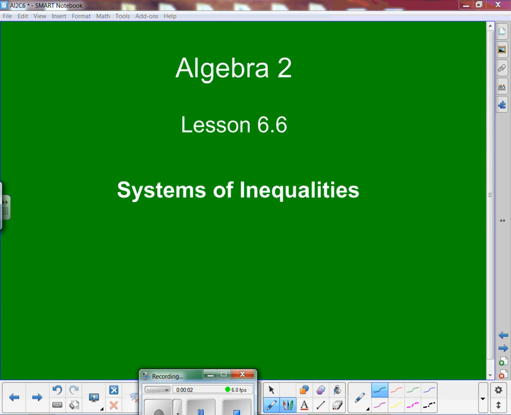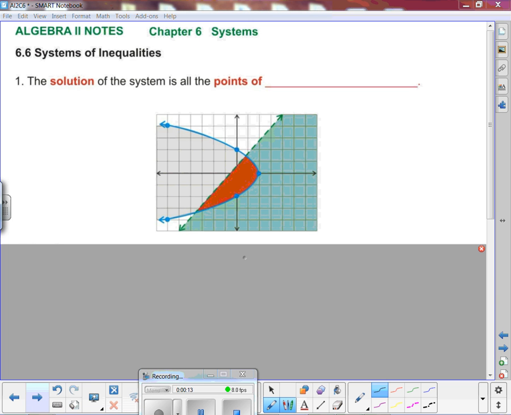This is Algebra 2, Lesson 6.6, Solving or Graphing Systems of Inequalities. So, systems of inequalities. All right, Algebra 2, Lesson 6.6. All right, so when you think about a system of inequalities, first off, you have to understand what is